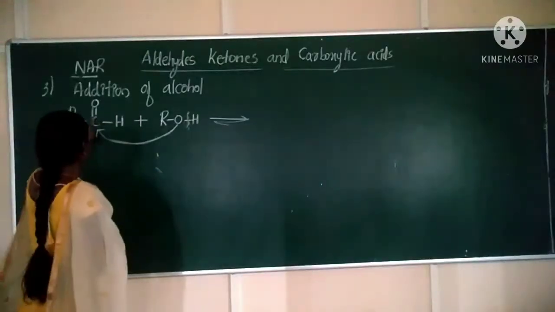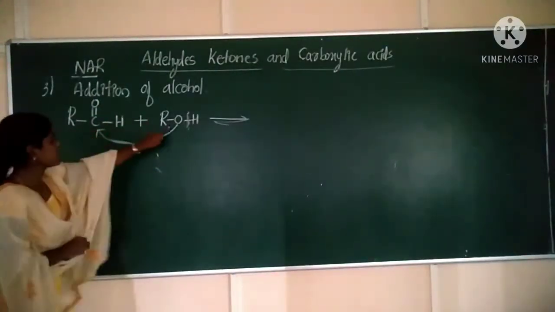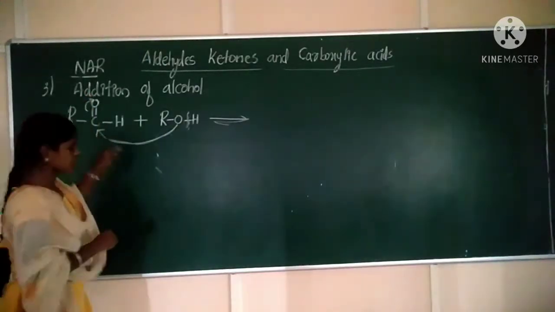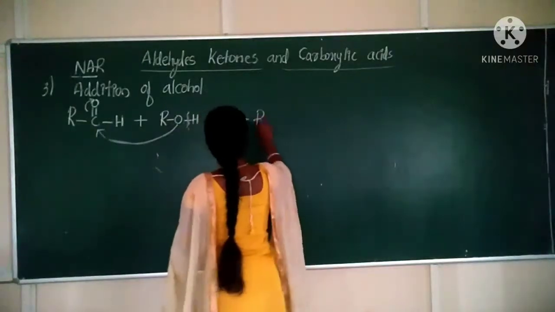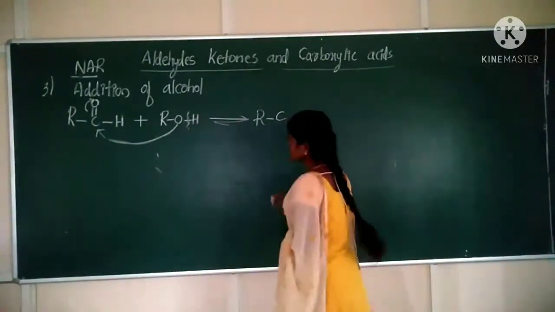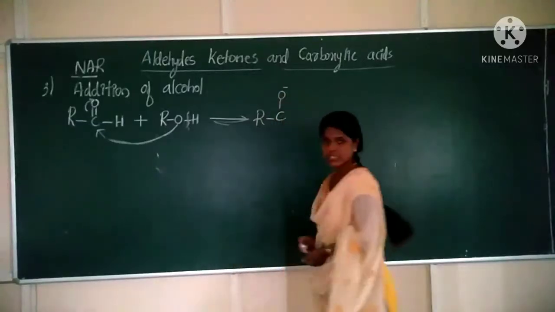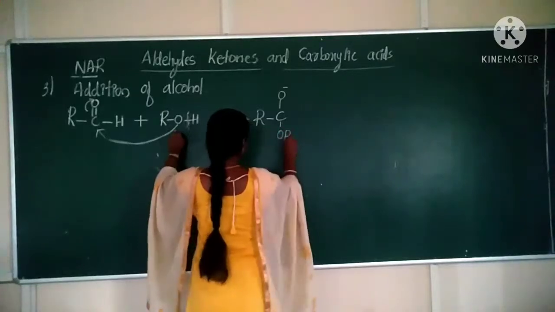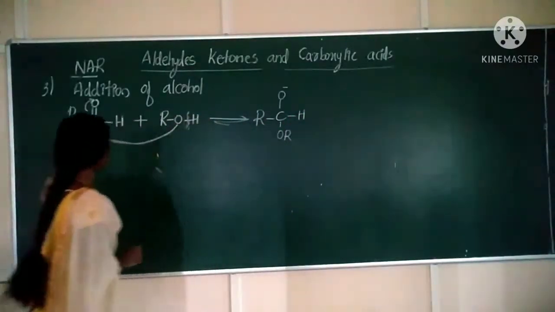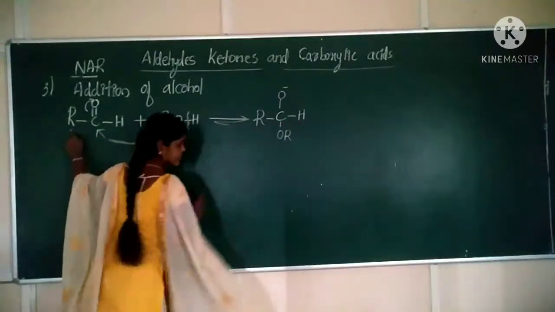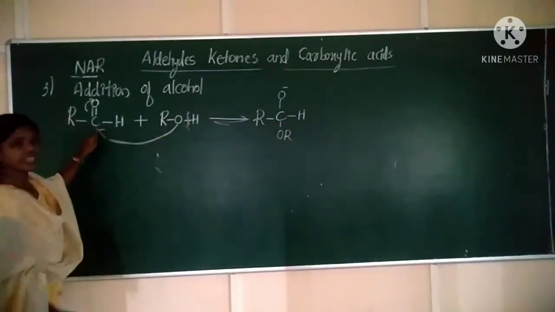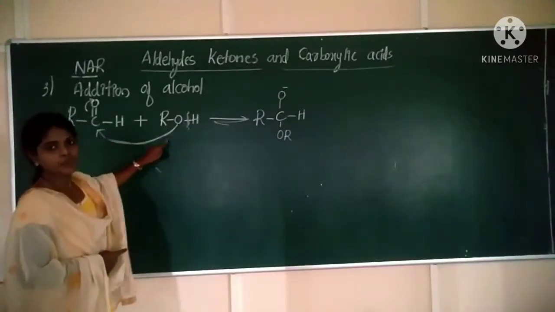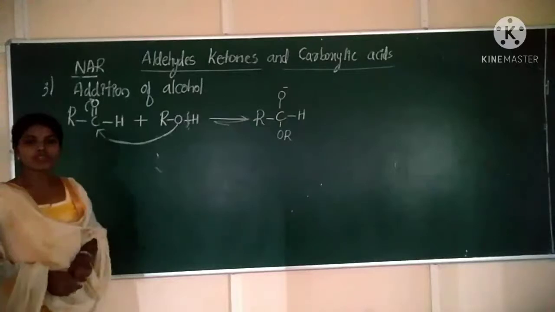Now already around the carbon there are 4 bonds. So when a 5th bond is coming, the pi electron should move toward oxygen. So it can form R C O minus, correct? Here the alkoxy group is attached and here hydrogen. R as it is, CH as it is. Now the alkoxy group is attacking at the carbonyl carbon. So when alkoxy groups get attached, the pi electrons will move toward the oxygen atom.